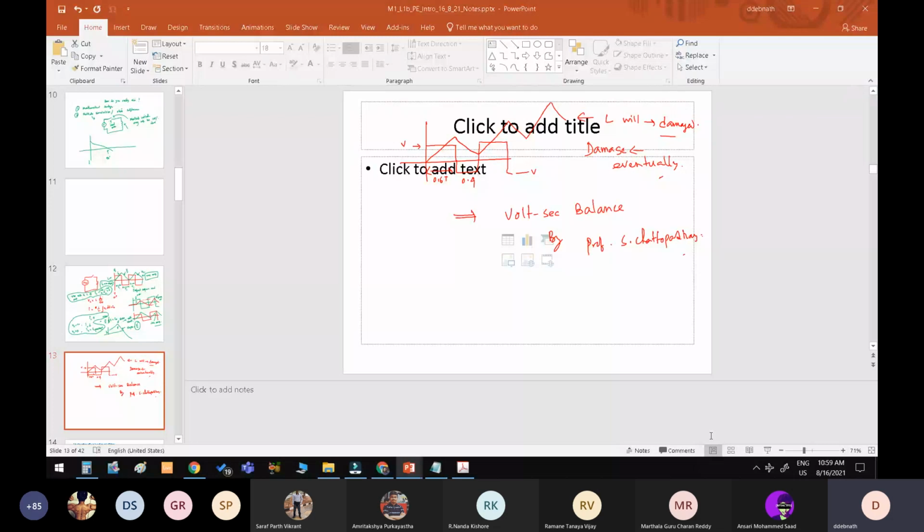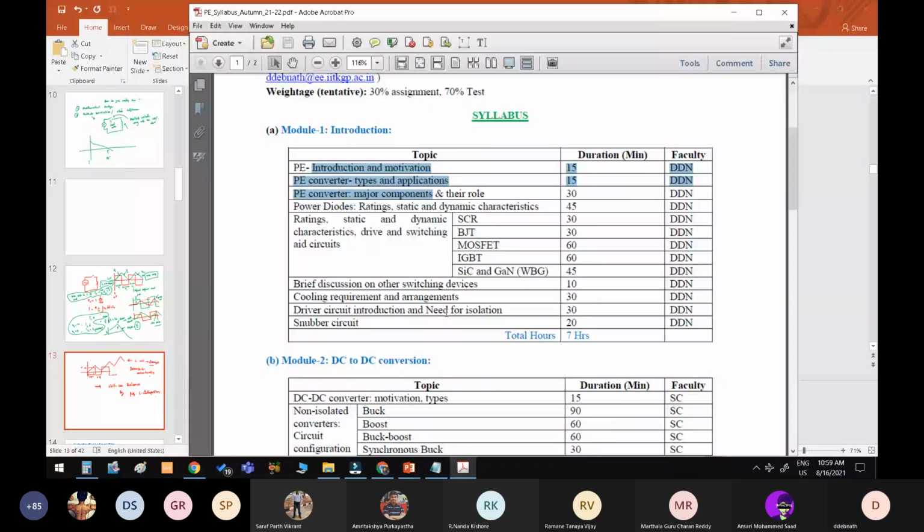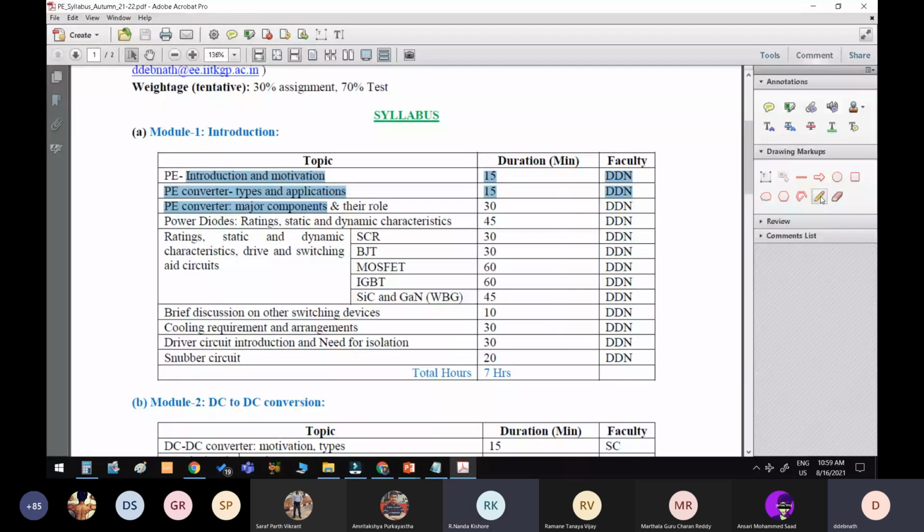This PDF is visible to you, the syllabus document. Please confirm quickly. Yes, sir. So see, more or less, this is what I'm discussing in class, right? At length. Remember, I'm going into much detail so that you form the basic concept. But for this part, you see the video lecture plus PPT this week, okay? I'll start maybe Wednesday from here. Some other part is remaining. I'll start it from here. Then in the next week, you also cover this.